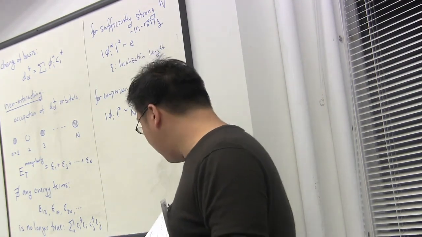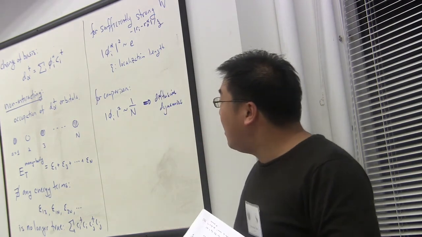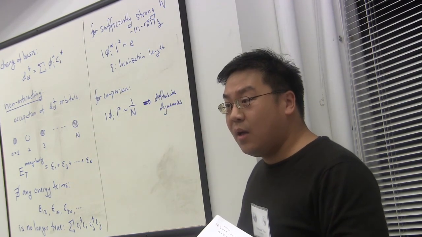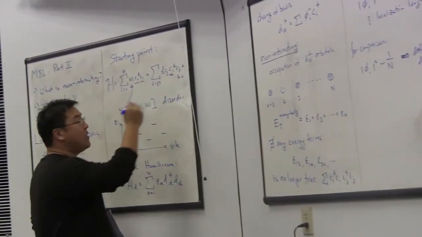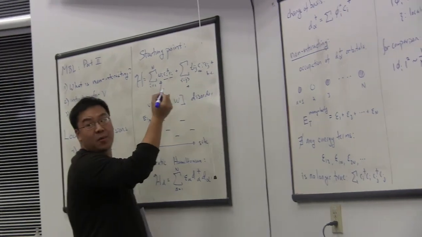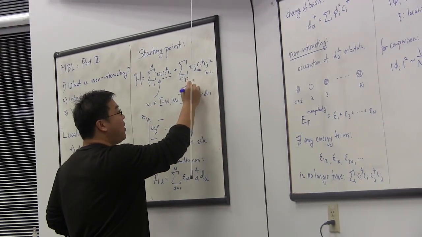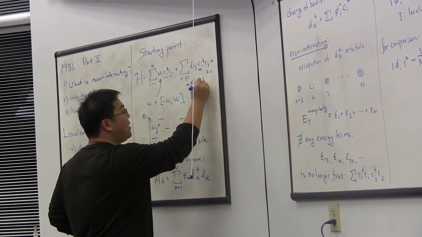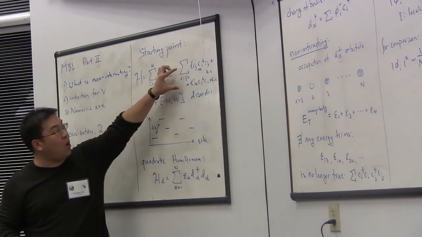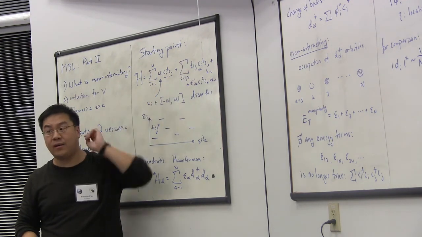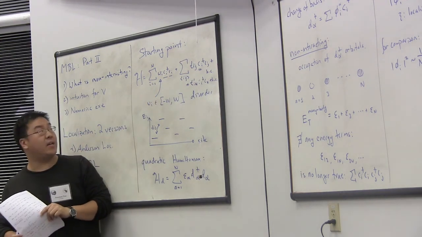Is this only true for this Hamiltonian, or also if I allow higher order tunnelings? Higher order tunnelings, like what? What do you mean by that? Actually, I see. You mean you keep this quadratic, but you have another term that's not nearest neighbor, but next nearest neighbor. Yeah, exactly, like T prime I-K, c-I dagger c-K. Yeah, so long as all of these objects are quadratic, it's okay.